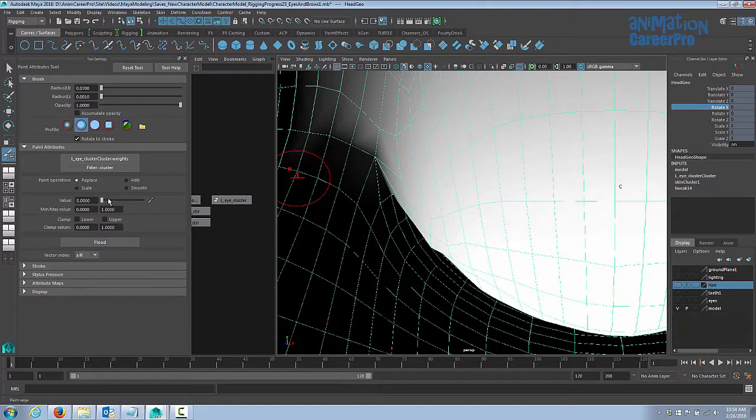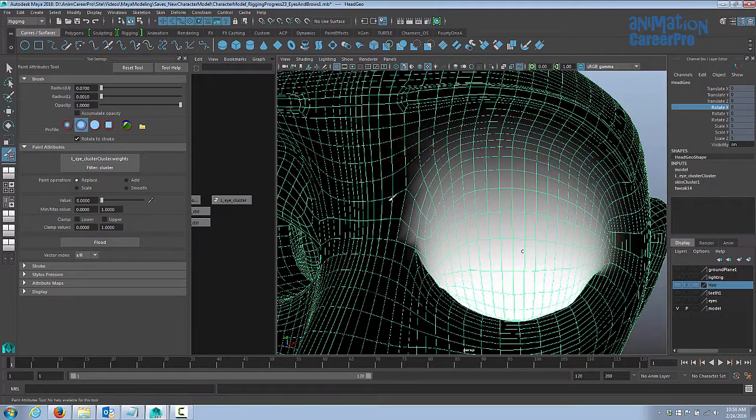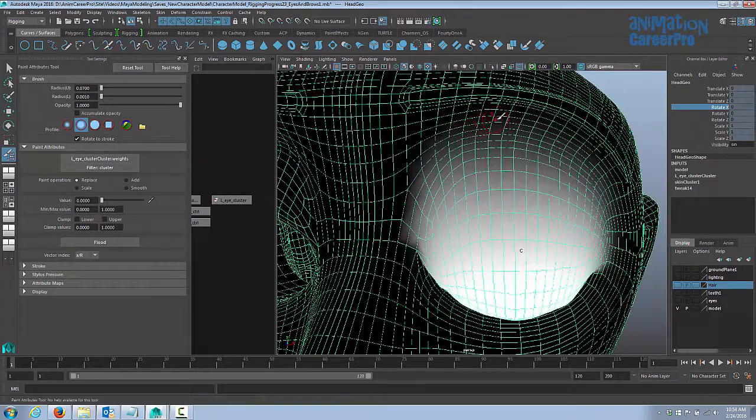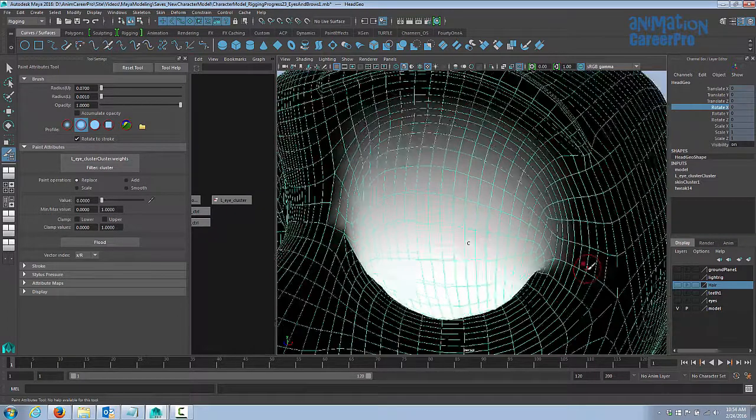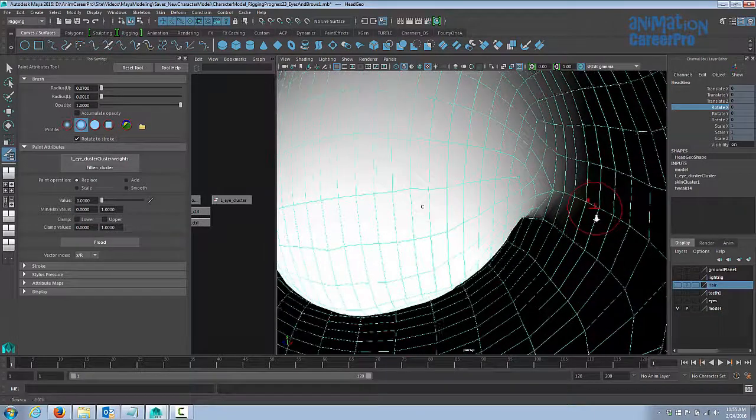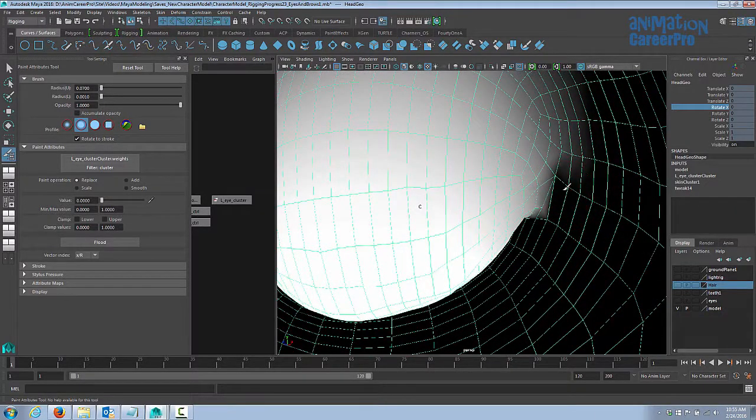So I'm going to go to replace and crank it all the way down to 0. And now we can go and just take weights out of certain areas. It is believable that some of the skin might move a tiny bit near the eyebrow, so maybe not so high. So just under the eyebrow I'm going to completely remove any weights. And perhaps right at the corner of the eye, we might want that to stay put.